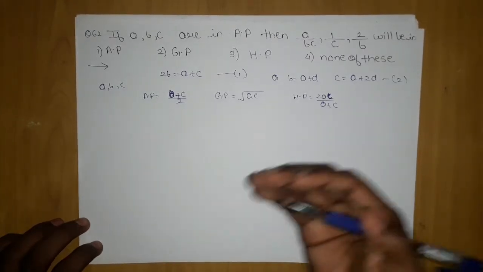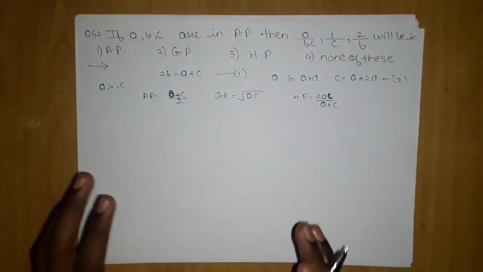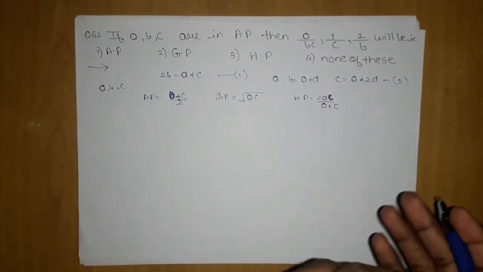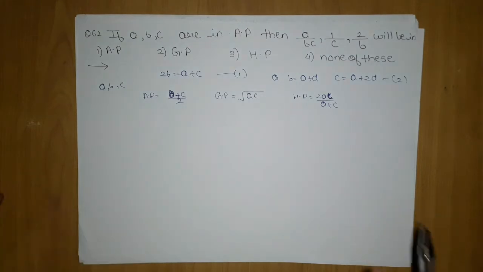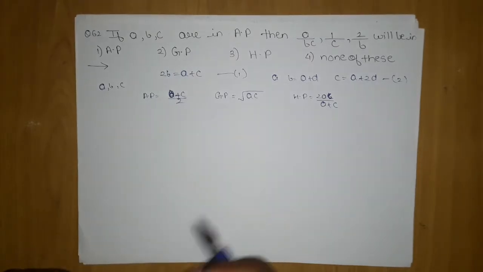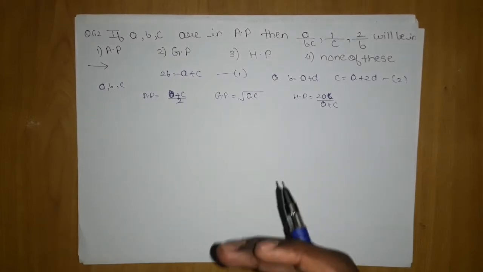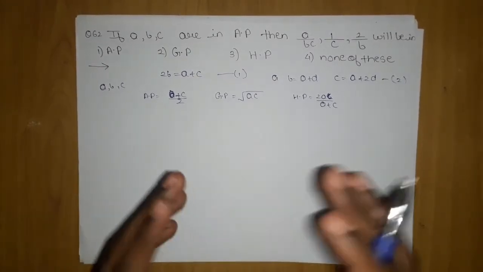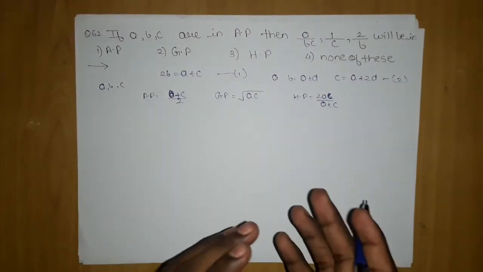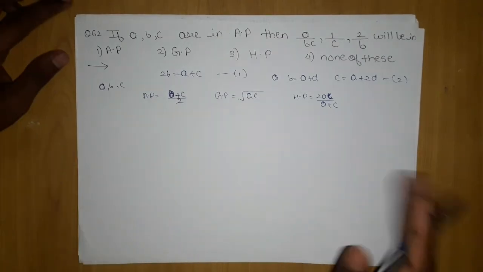Now I have to check individually. Here common sense comes into the picture, because you cannot literally put all the a plus d values and check each and every equation. You have to be quite alert that if I put that, in the next step I am not going to get the answer, I am going to get stuck at some moment. So you are clear at that step only that we should not proceed further or waste our time on this question. You will move to the next, verifying GP and HP. That is the general approach that every normal child will use.